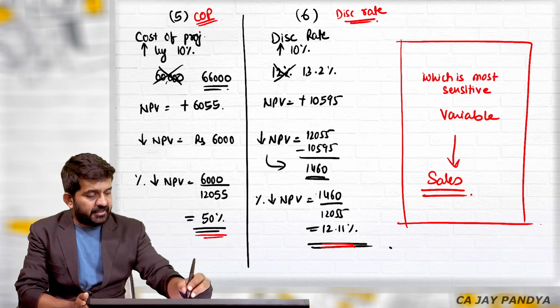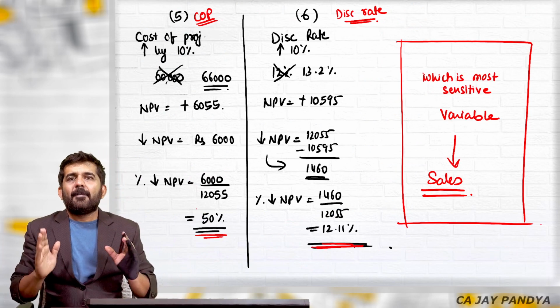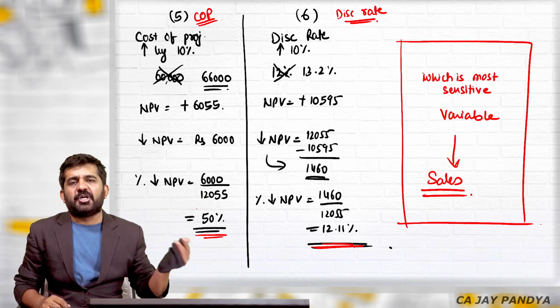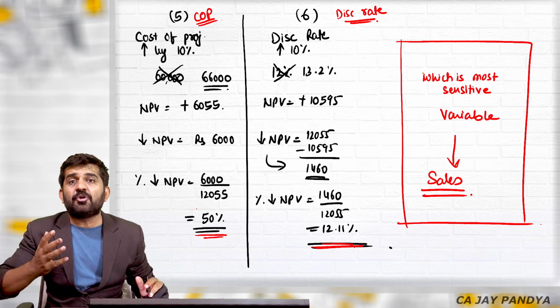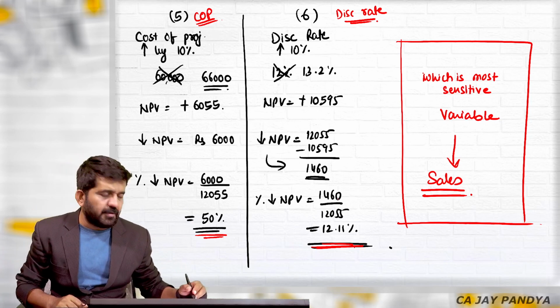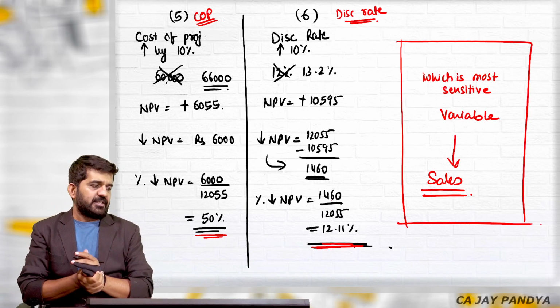Even this discount rate is less sensitive. So the bank will not try to forecast whether, after 1 year, 2 years, 3 years, the rate of interest in the market is going to increase or not. That is not the concern of the bank, because it is a less sensitive variable as far as this analysis is concerned.